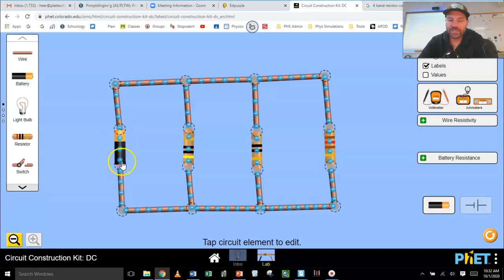The electricity has a choice. When the electricity comes out of the battery, the electrons come out of the battery, they can A, go through this resistor, or B, go through this resistor, or they can C, go through that resistor. And you can see, if you were to look at this wire right here, and if you were to count how many electrons go by in a minute, and you compare it to this one, or you compare it to this one, you'll see that there's a big difference between how many electrons are going through this one,